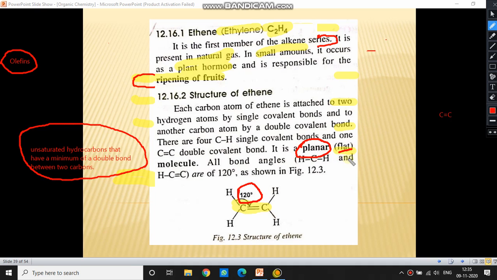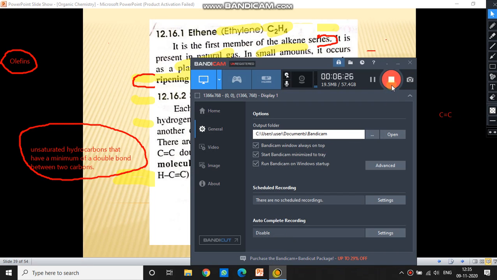I hope you remember, in the case of alkanes, it was tetrahedral and the angle was 109.5 degrees. Here the angle is 120 degrees. Because of this angle, the geometry changes and the structure is planar or flat. So this is the introduction of alkenes. Now we will be continuing more in the upcoming